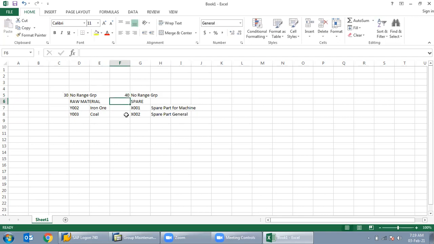So if we mention number range 30, then if that group or the other group is selected by somebody, what number will be generated?